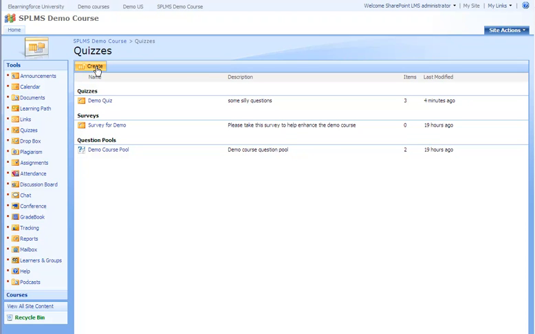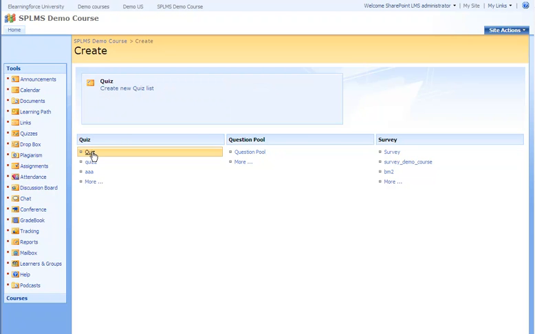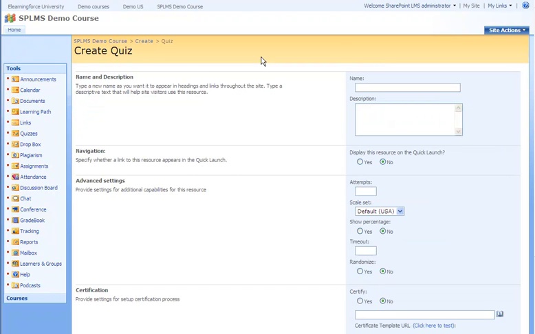Now let's create a new quiz. You can put in a name and a description for the quiz. You can select if you want it shown in the quick rounds, how many attempts are allowed, which grading scale you want to use, and if you want the grade to be shown in percentage or not. The timeout is a limit you can set up, so it's not possible to retake the quiz during this timeout.